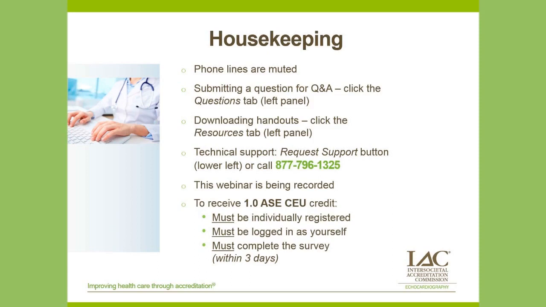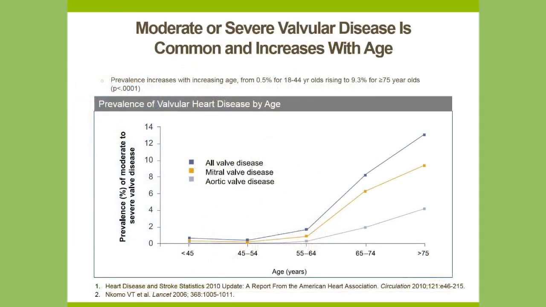Thanks, Kelly. Okay, so let me just advance here. We're going to talk about the reason why it's important to assess the mechanism of MR. And actually, it starts with the fact that MR is pretty common. This slide shows you here aortic stenosis on this bottom gray line. This is the prevalence of aortic stenosis in a bunch of epidemiological studies. And then in the gold, you see mitral regurgitation, which is much more common than aortic valve disease.